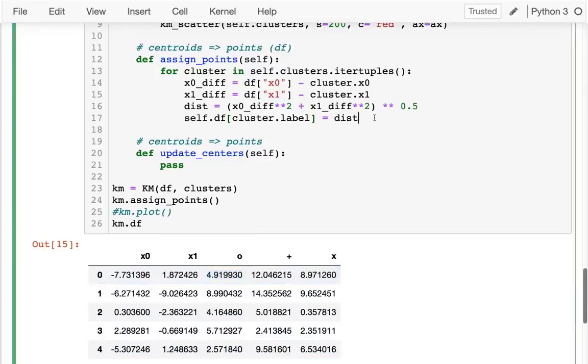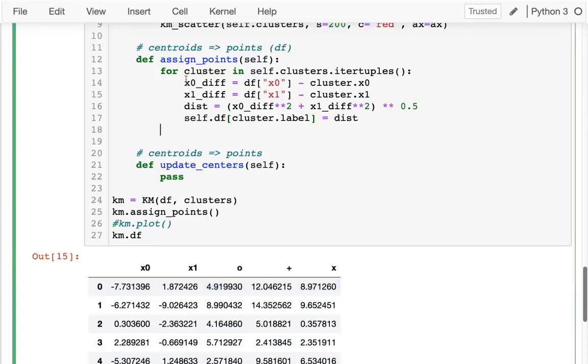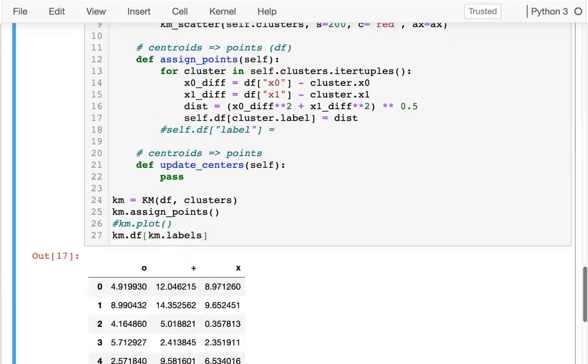right? So what I'm going to do, right, is after I've looped and I've computed these 3 columns, I'm going to say self.data frame and label. I want it to be one of these 3. You know what? Let me just try to poke around down here first to see how I can get to that. What I really want to look at is those 3 columns there and figure out, well, which of these columns has the smallest value in each